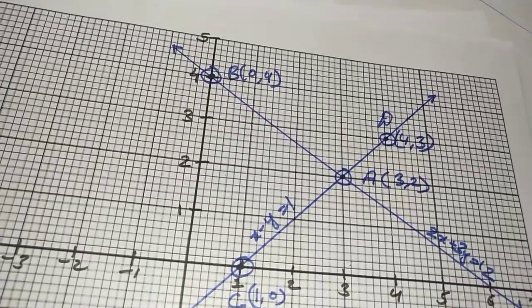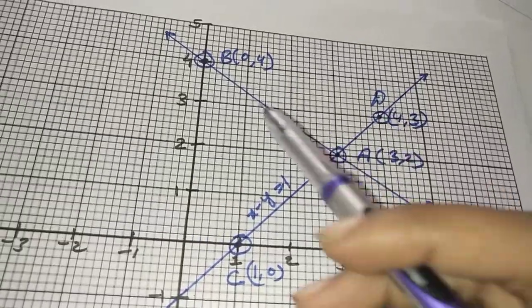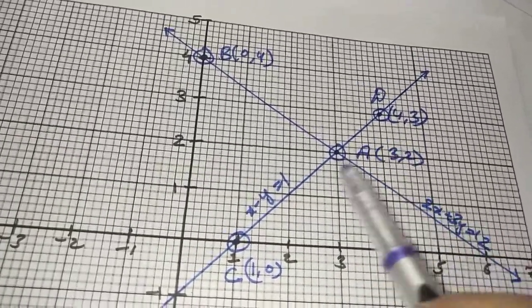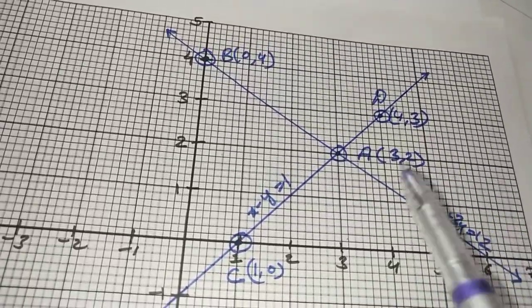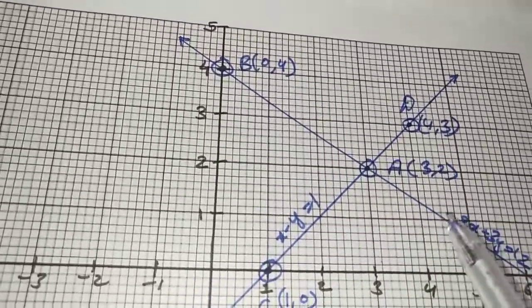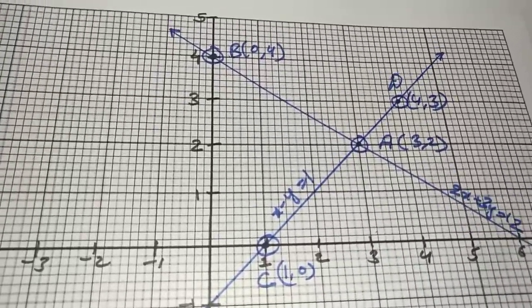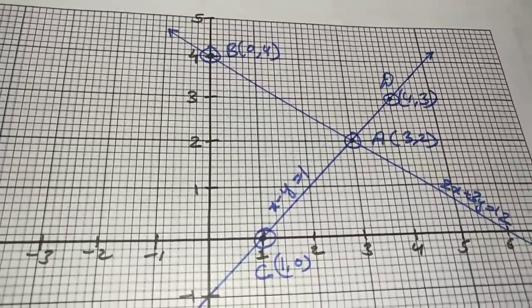So in this way we can plot for one line also, or when two lines are given. So we have been asked to calculate the values of x and y. This can only be done using the graph, and if the question says that you have to draw it graphically or solve graphically, this will be the method that you have to implement. All right, let's move on.